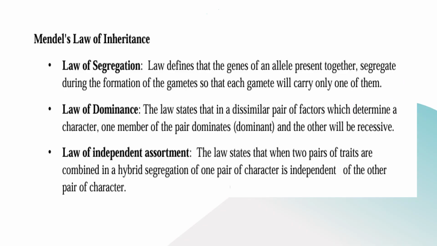Next we're going to see Mendel's laws of inheritance. In the law of segregation, only one of the two gene copies present in an organism is distributed to each gamete that it makes. The allocation of the gene copies is random. For example, in a pea plant, let's consider two alleles: capital T represents tall and small t represents short. During the formation of gametes they segregate as capital T and small t. Only one will be carried.